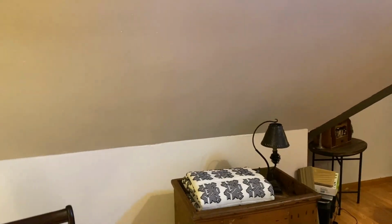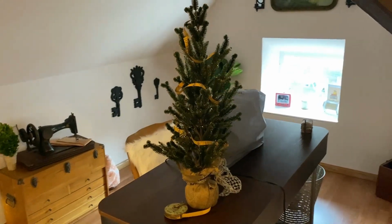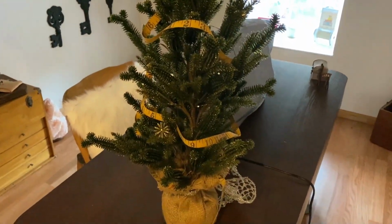So we have our projector screen up here as well. Tim gave me a projector for Christmas last year. So we have it over here sitting on the chair. We've been playing our Nintendo Switch up here, which is really fun to have on the larger screen. So over in my little sewing nook area, I just have this small Christmas tree,